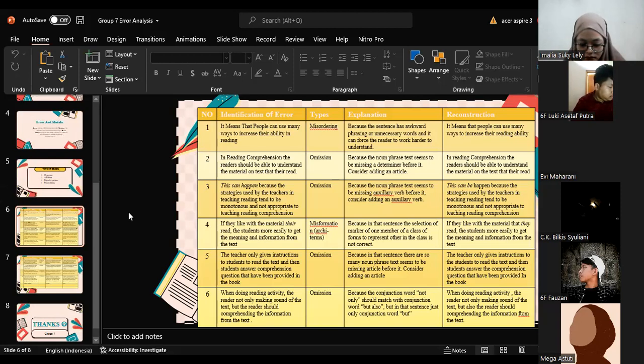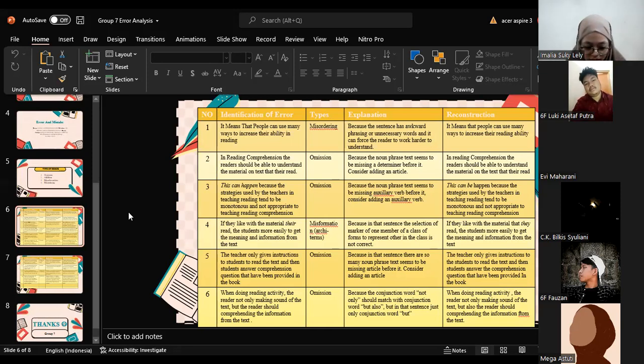Types of error is misinformation, because in that sentence, the selection of marker of one member of a class of forms to represent other in the class is not correct. And reconstruction, if they like with the material that they read, the student more easily to get the meaning and